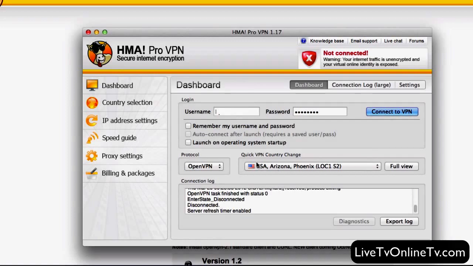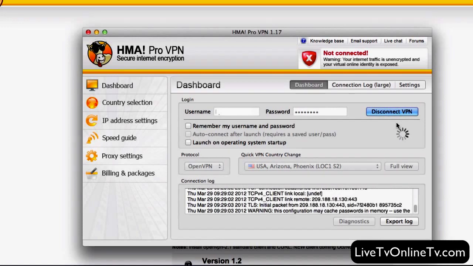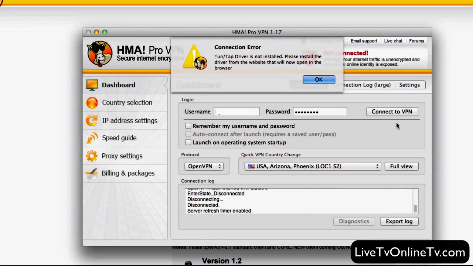Let's try to connect to, let's just take this server here and connect. Since this is the first time, I know it's gonna come up with a small error because I apparently need an extra program to run it here on my Mac. I'm not sure if it's on every Mac or if it is the same on Windows, but as you can see here, the TunTap driver is not installed. You just click OK, it's gonna refer you to a new home page where you can download and install it. I'm just gonna do that and then I'll get back.